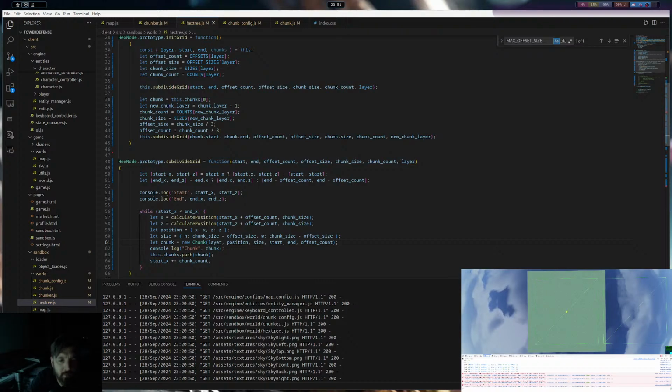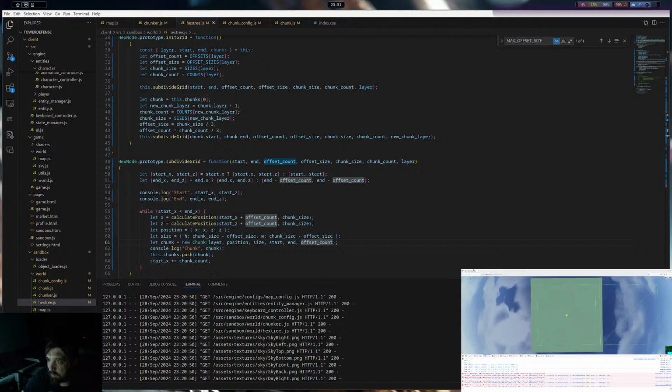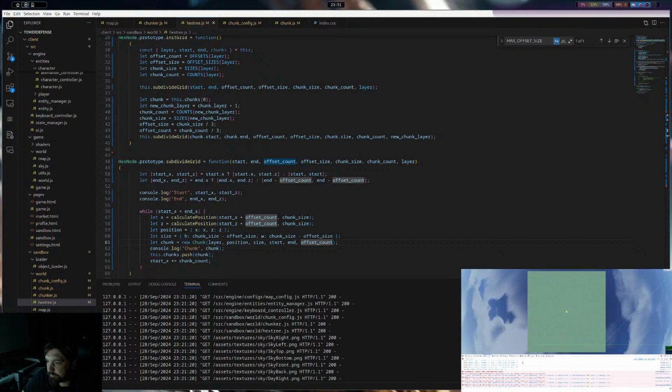Okay, it's because we are doing the start x plus the offset count. What are these errors? Not a number.